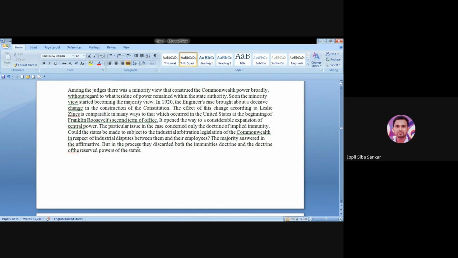according to Leslie Zines, was comparable in many ways to that which occurred in the United States at the beginning of Franklin D. Roosevelt's second term of office. It opened the way to a considerable expansion of central power. The particular issue in the case